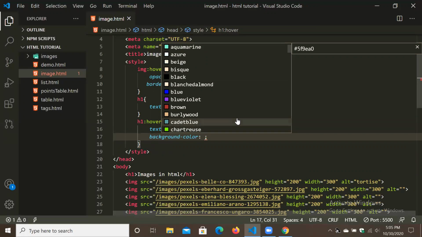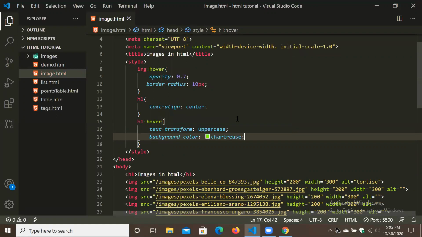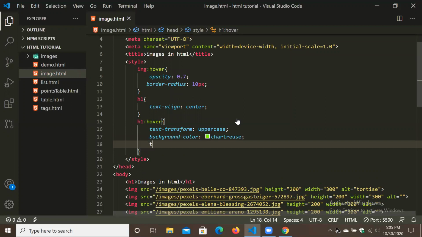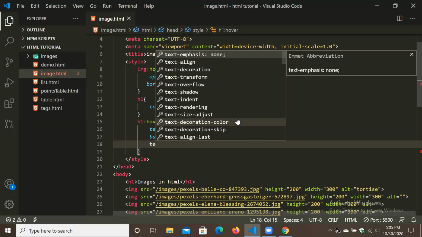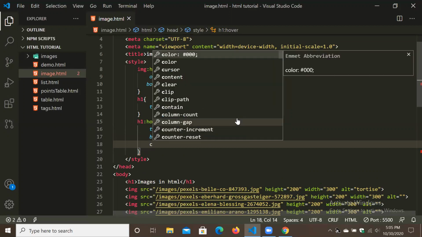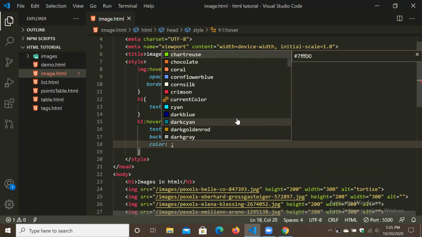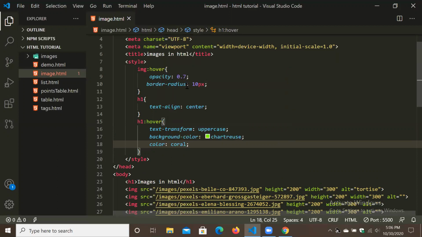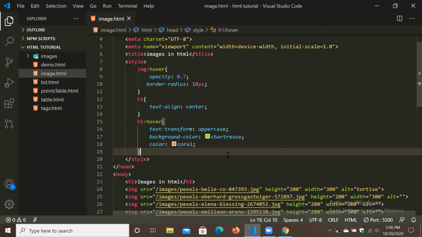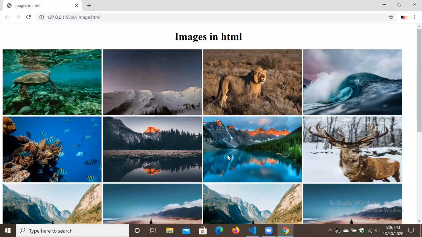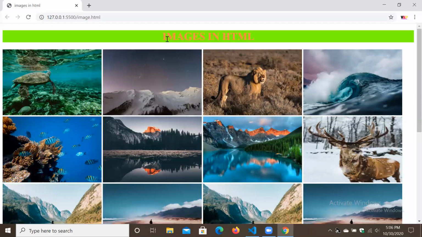Yes, this color, and color we will take this one. So let's go. Look how it is appearing. It looks great now.